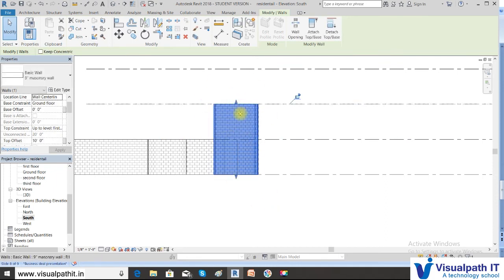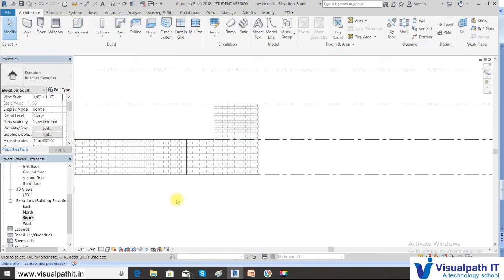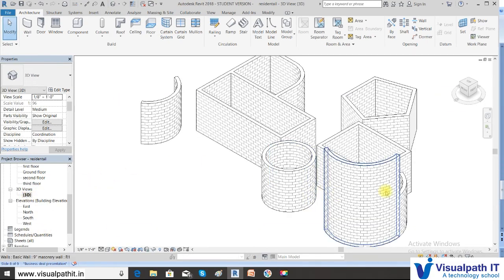See here, automatically the constraint has gone, and then the unconnected height has become 20 foot. Now since we have done this dynamically, you go to the 3D view once again, and you can see here it has gone to 20 foot.